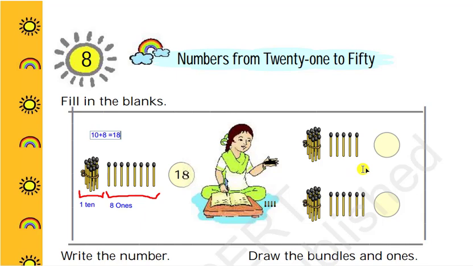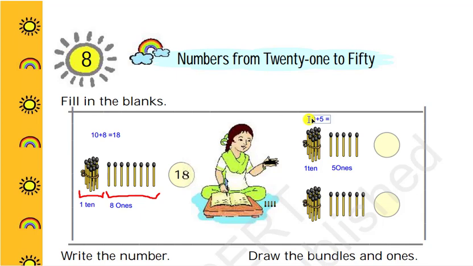Next let us see here. This is a bundle of 10, so here we write 1 ten, which is equal to 10 matchsticks, and here there are some loose matchsticks. Let us count the number of loose matchsticks. 1, 2, 3, 4, 5. So here there are 5 loose matchsticks, so we write 5 ones. In total how many matchsticks are here? It is 1 ten, which is equal to 10, plus 5 ones, which is equal to 5.